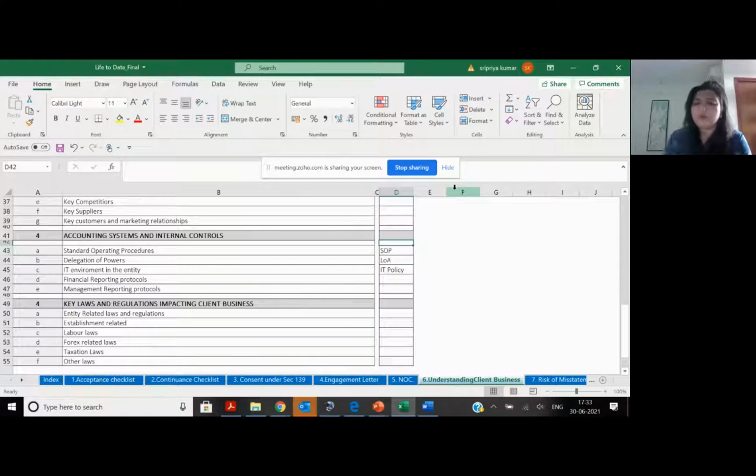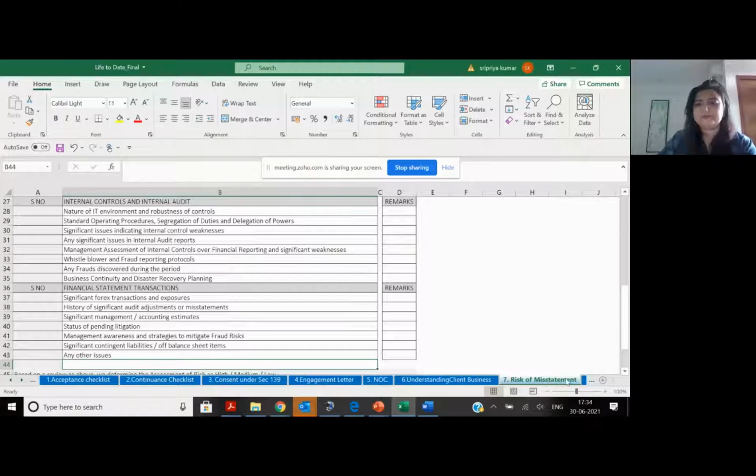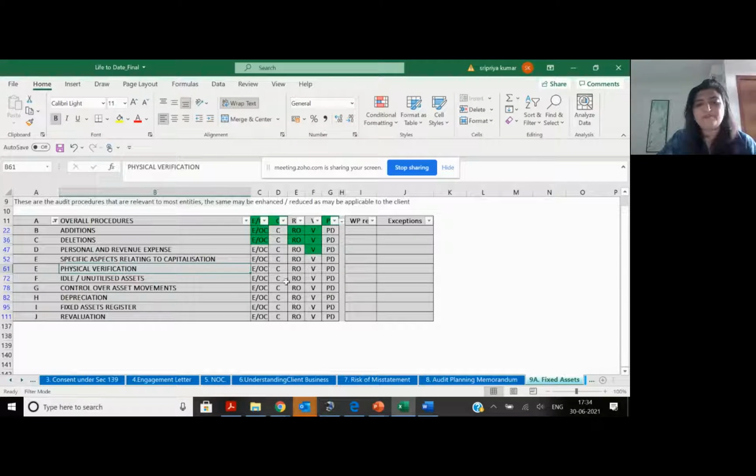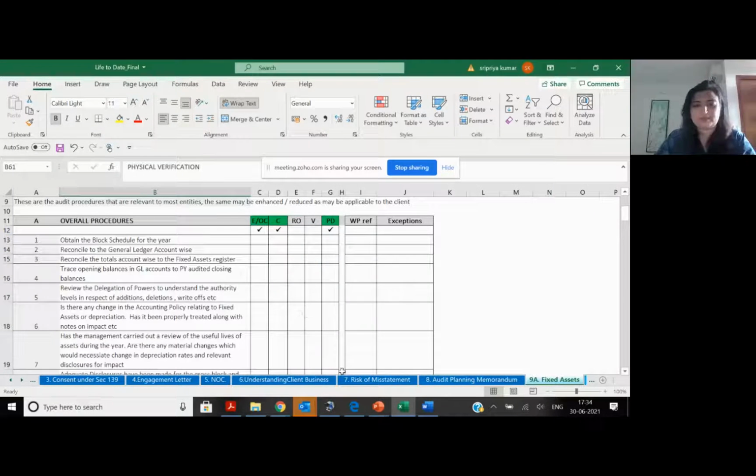And again, your documentation also speaks of 2 kinds of documents you maintain as an auditor. One is called the permanent note file, and the second is your current year file. Permanent note file is where I will keep my memorandum, my articles, my SOPs, my LOA, things which are likely to be more permanent than changing every year. And in your current audit working papers, you will keep only your current documents. Now, let's go and start with every component of the financial statement.